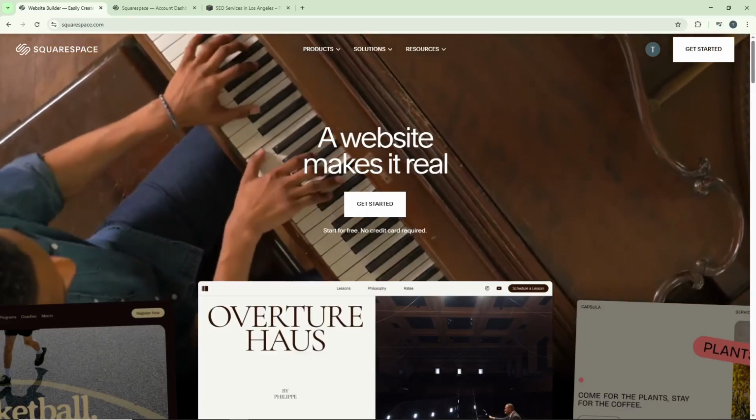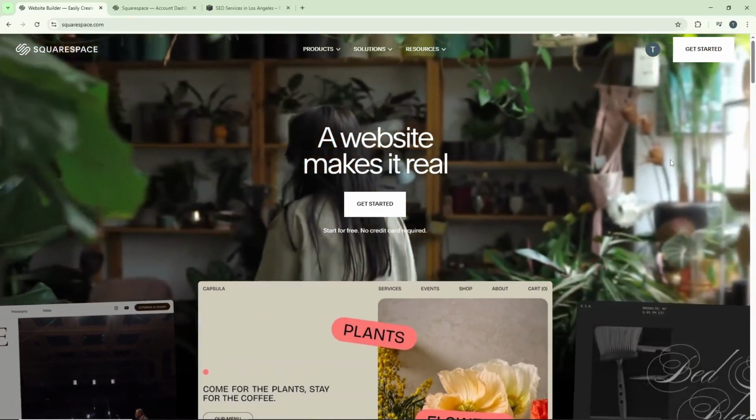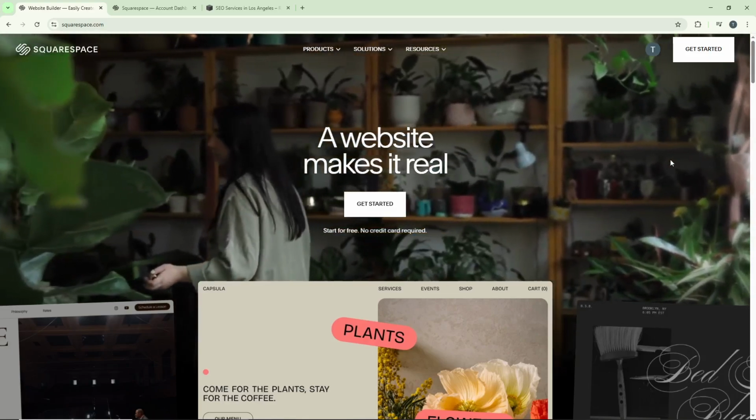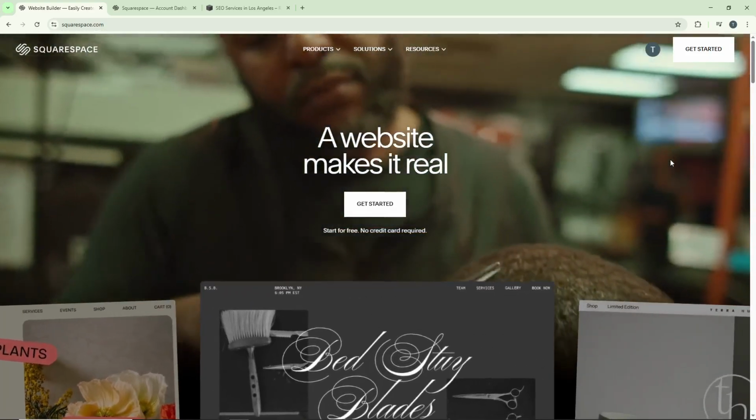Welcome back, everybody. Today, I'm going to teach you how to add categories in Squarespace. This is a great way to organize your blog content and make it easier for your readers to find exactly